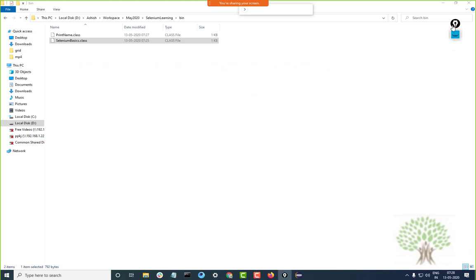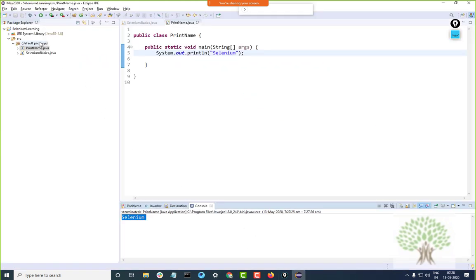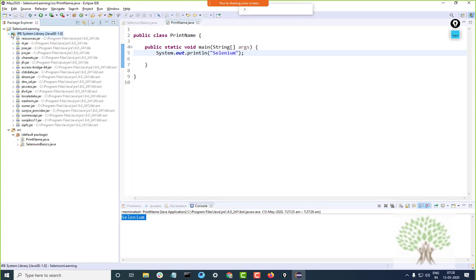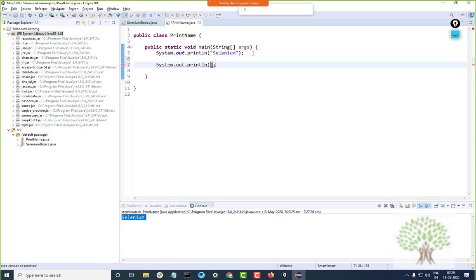Fine, and if you look at this carefully, Java which is installed on your system, if you expand this, is nothing but a collection of jar files, which has got a lot of internal classes which we can use. For example, if I write over here System.out.println(new Date()), Date is one of the classes which is present inside one of these jar files.